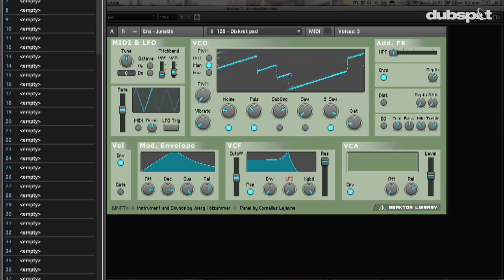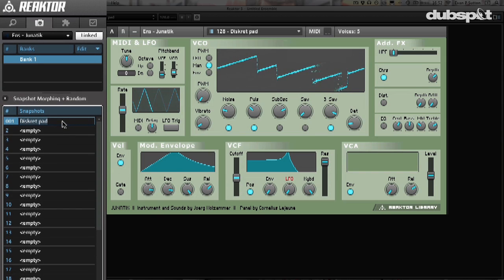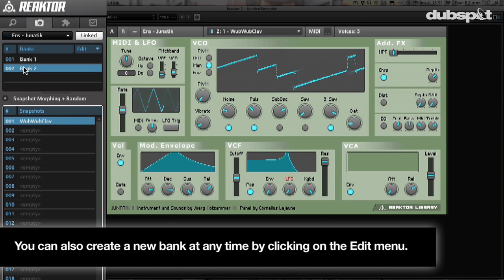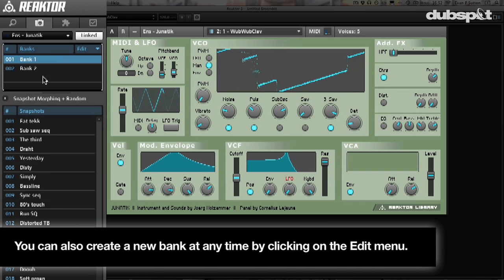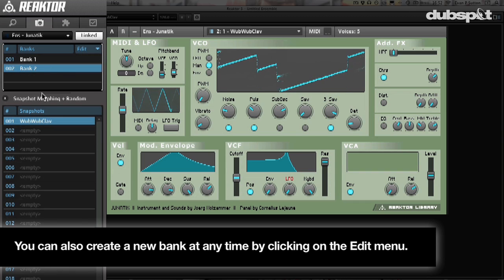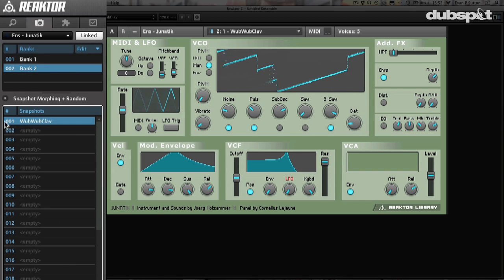So if I create a new bank, then now I'm going to call this one wub clav. Okay. So this one now exists over here. Handy. I like it. It's a very interesting one. All right. So now that we've got